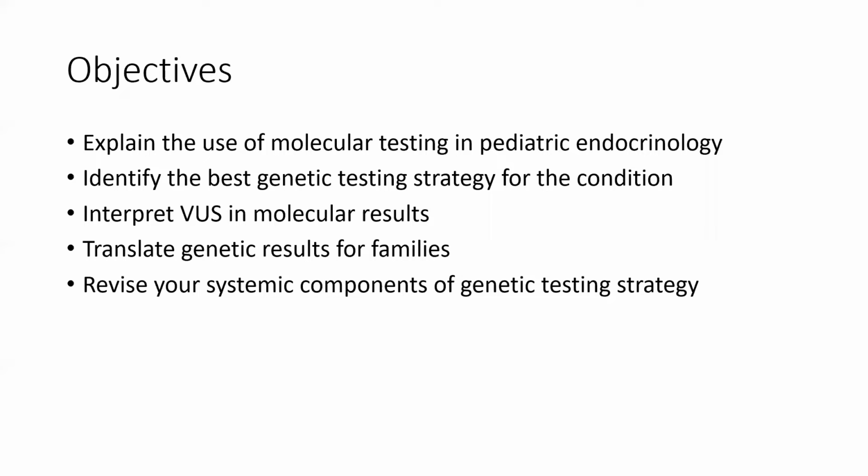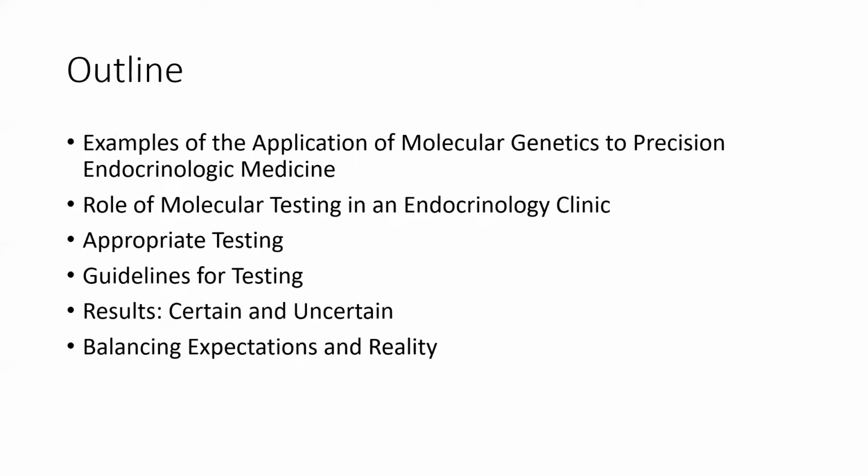Hopefully some tools to be able to interpret variants of uncertain significance in a better way. Some pointers on how to translate genetic results for your families and maybe get you thinking about revising how you do genetic testing. So quick outline, the applications, the role of molecular testing in an endocrinology clinic, what's appropriate testing,